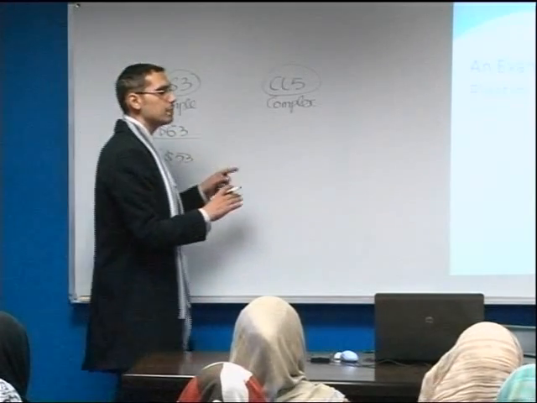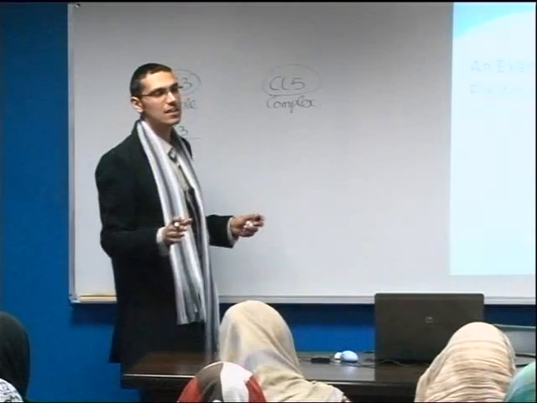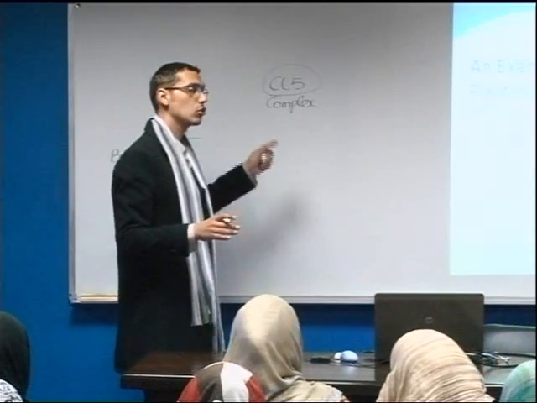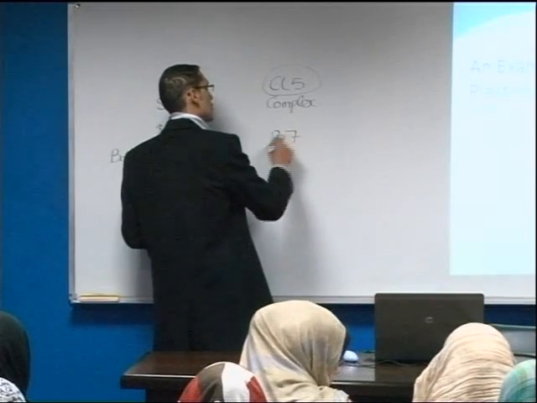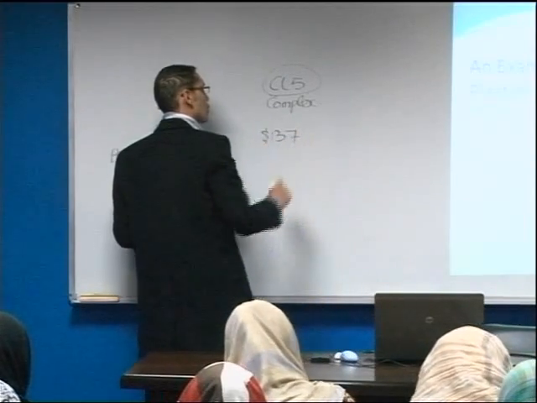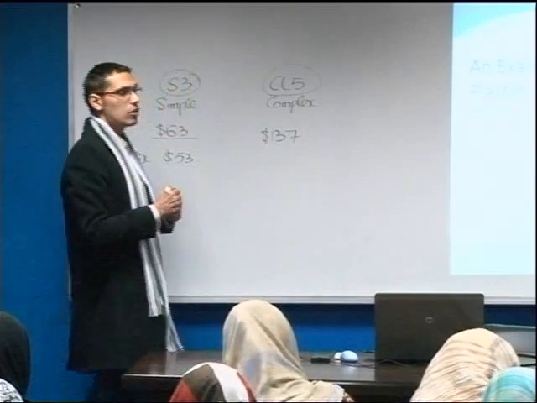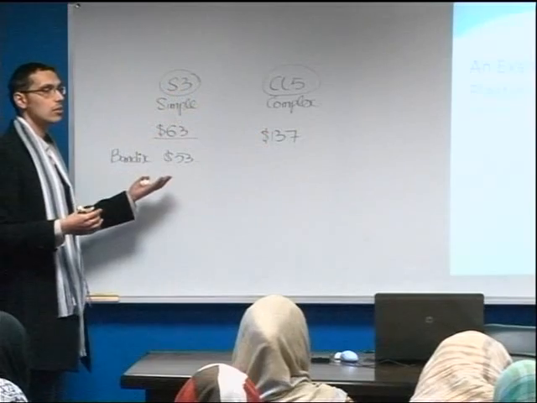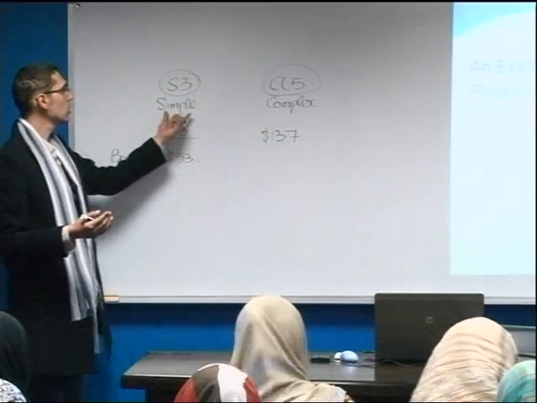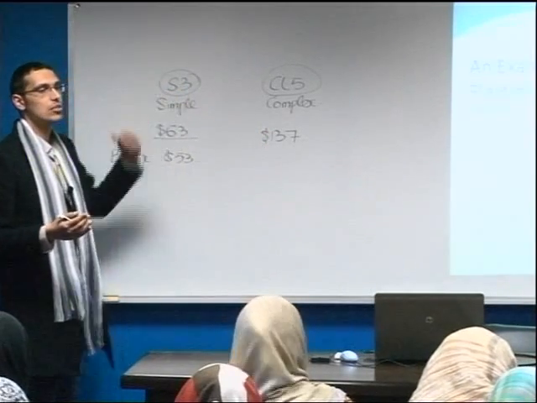Of course, the CL5, they do not face the same problem. They would price the CL5 at 137. Therefore, as we can see, the problem faced by this organization only concerns the simple lens, the S3